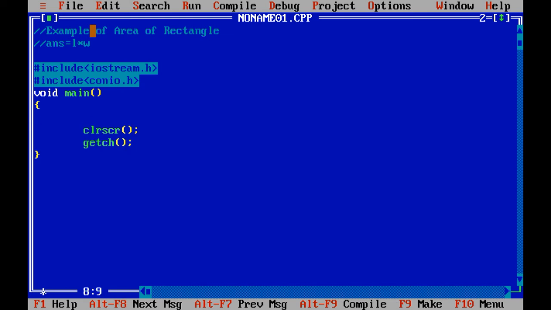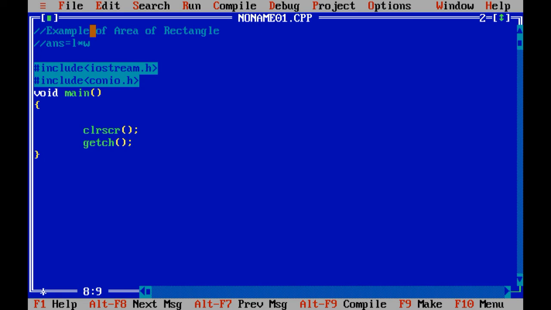Now here you can see that there are three variables: number one answer, then L and W. So we need to define three variables, that is answer, L and W. Now the next question is which data type I can take over here.